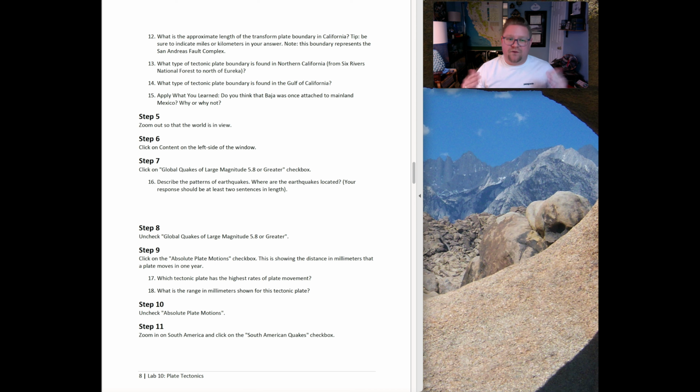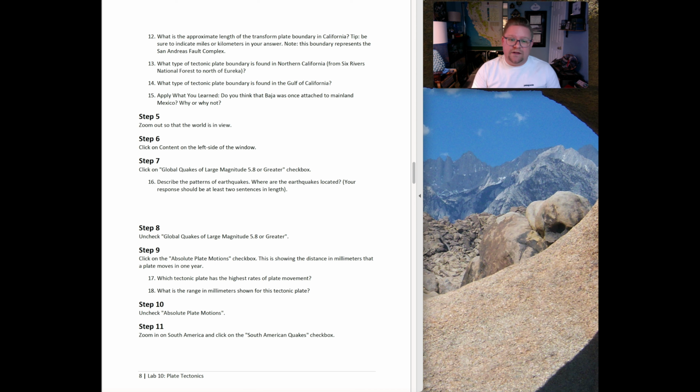Moving on to steps 5, 6, and 7, it's having you look at different places and looking at specific earthquakes of magnitude 5.8 or greater. And then once you've selected that, it's going to have you describe the patterns that you observe on that map. Then moving forward through these additional steps, you move into step 9, which has you look at absolute plate motions,